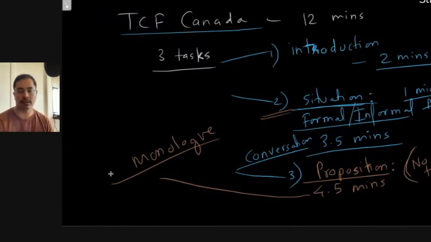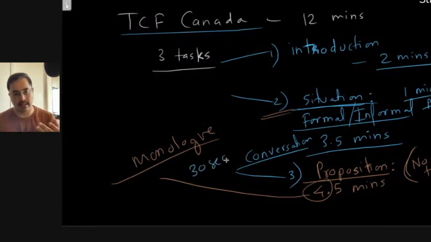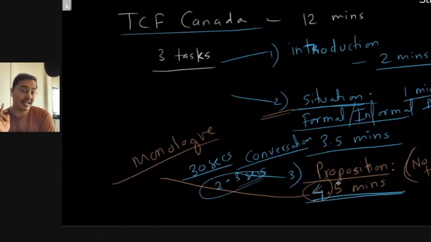What do you think are the pros and cons of canceling the pension for retired people? It's a monologue. Now it's possible that you only speak for 4 minutes, maybe half a minute, 30 seconds less, or something like that. In that case, the examiner will ask you a counter question just to make sure that you did speak for 4.5 minutes.